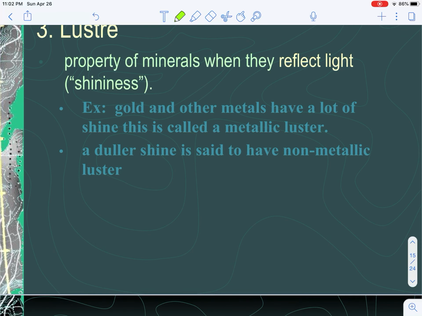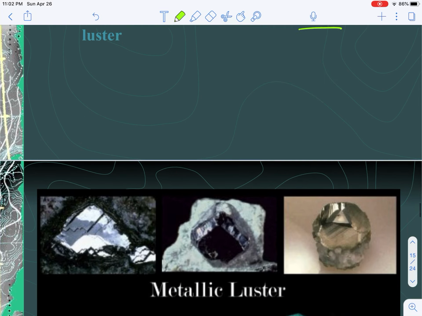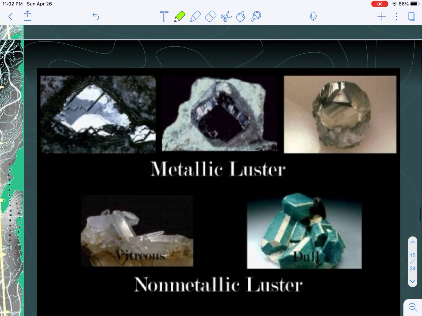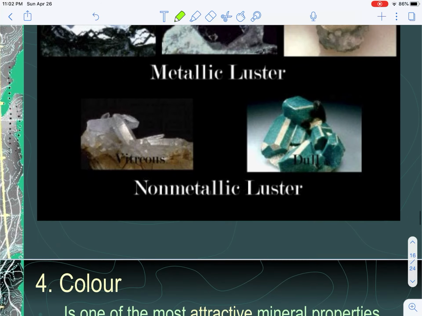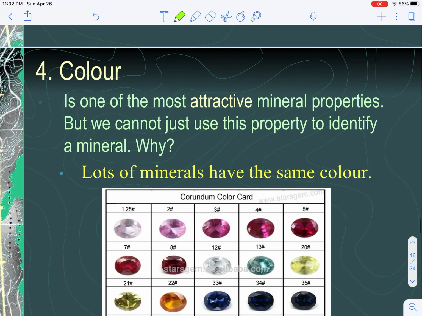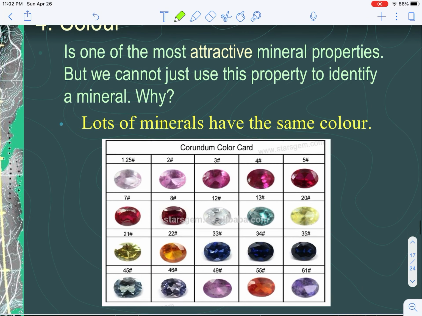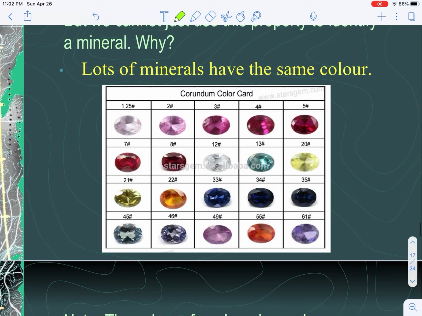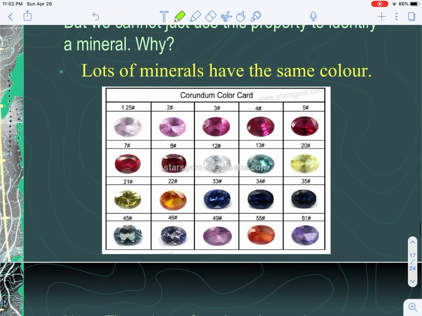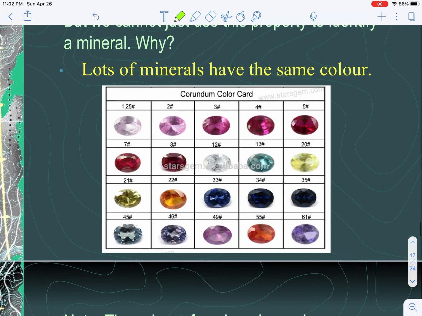The luster is how shiny something is, and if it's really shiny, we say it's a metallic luster. If it's dull, we say it's a non-metallic luster. So these shiny ones, for example, like metals, gold and silver, would be metallic, and if they're not metals, they're probably non-metallic. Color is a very easy one to use, but it's a little tricky because there may be